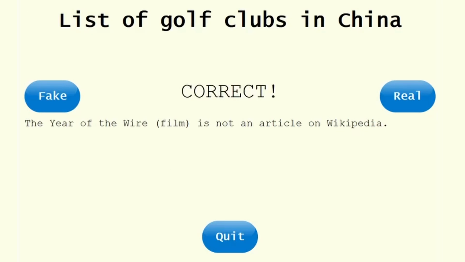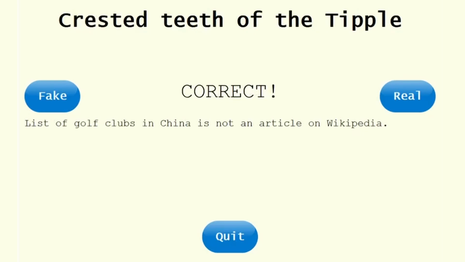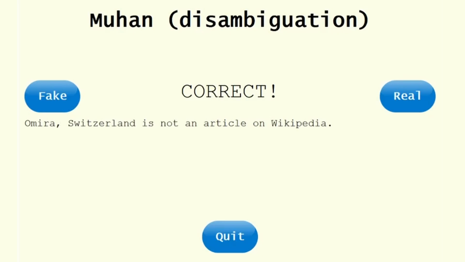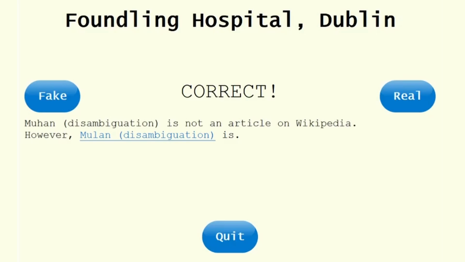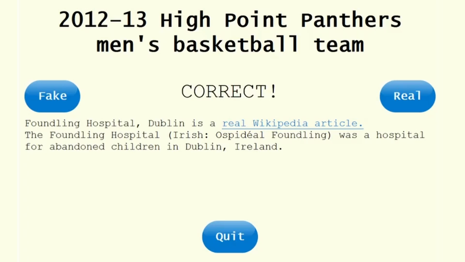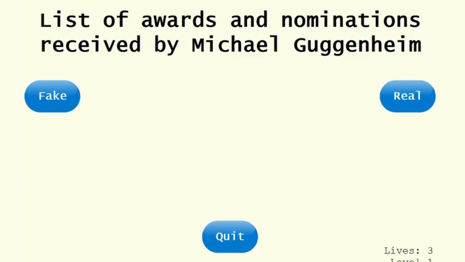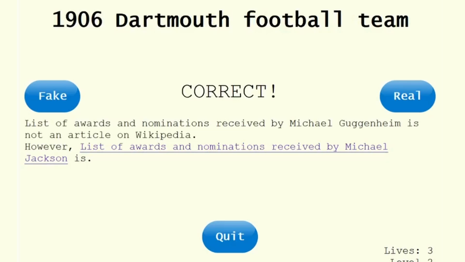So if you thought something was fake but it turned out to be real, you could click the link and visit the Wikipedia page to see it for yourself. Also, since the Wikipedia API was so easy to use, I had the game fetch a brief description of the item and display that as well. So even without clicking the link, you can learn that, for example, the Cucanan River is part of the Orinoco Basin in Venezuela.